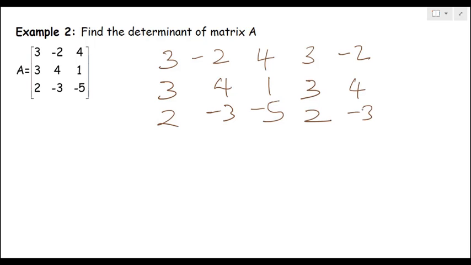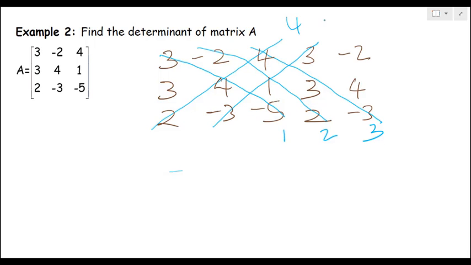We now identify our 6 diagonals: diagonal 1, the second diagonal, and the third diagonal. For the second set we have diagonal number 4, diagonal number 5, and diagonal number 6. Having done that, we now have the determinant of matrix A equal to the sum of the products of diagonals